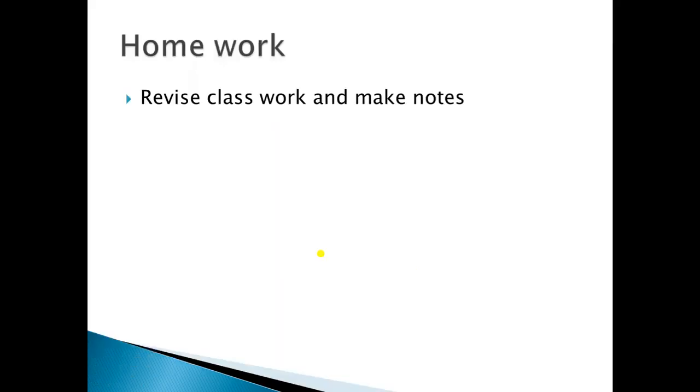I hope these two functions are also clear. So now your chapter is over by this, by end of this insert and the update command. So you have to just make sure that all the program you have to run it by yourself, and you have to make your notes and submit your notes to me.